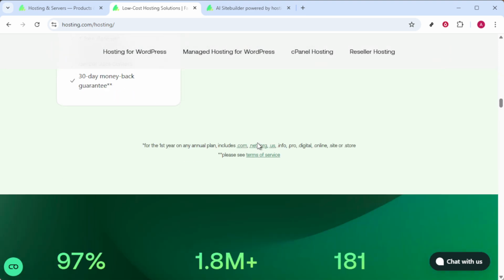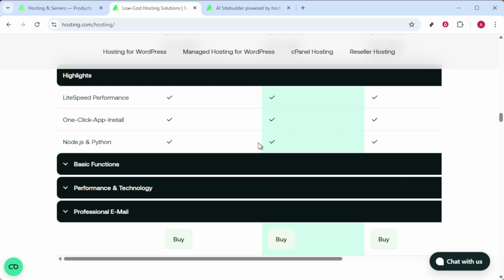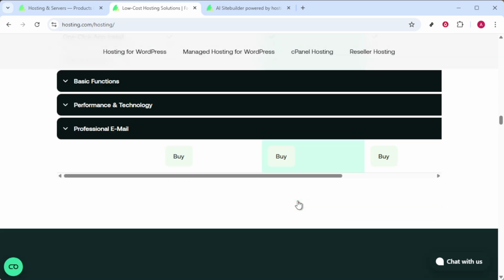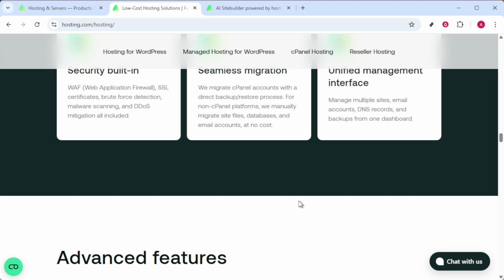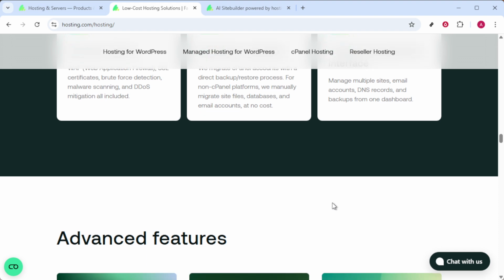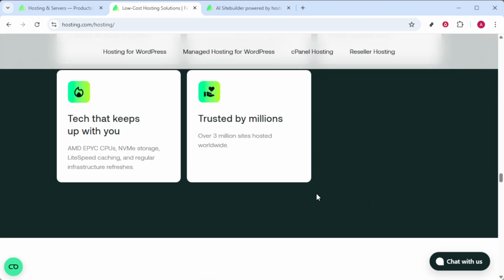After the installation completes, you will see your WordPress admin URL, which usually follows the format yourdomain.com/wp-admin. Click on that URL to log in using your admin credentials. And there you have it. You're all set to start building your WordPress website, customizing it to your taste,